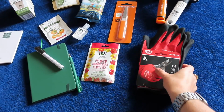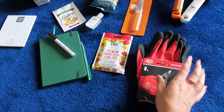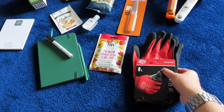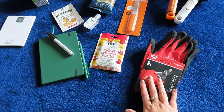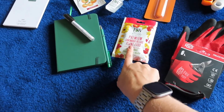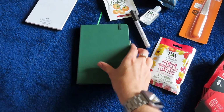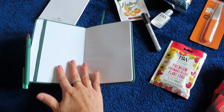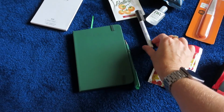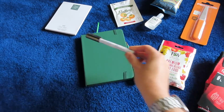We have some gloves here from Felco. Now, unfortunately, these are a size large, same that was in my husband's bag, so they will fit him, not me. I'll probably give mine to one of the gardeners in Chicago who can fit them. We have some Proven Winners plant food. We have a little notebook here. Actually, is this a regular notebook? Nope, just a regular notebook, and a pen, a garden marker, so this can work outdoors,